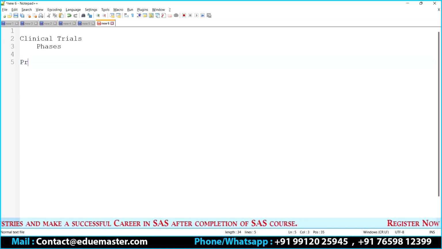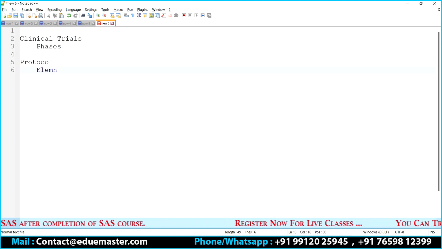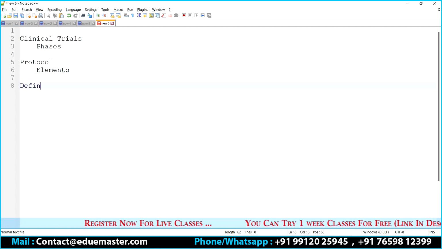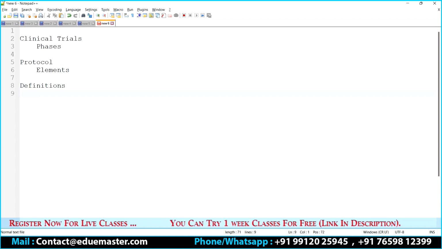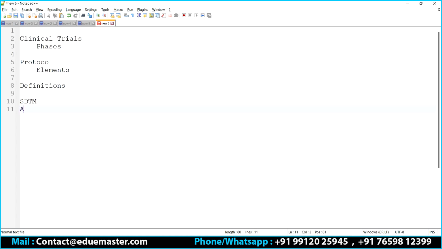As part of this, we started with the protocol document and we discussed the elements of that protocol. In addition, we also discussed a few of the definitions. Correct? On Monday, I informed that we are going to kickstart SDTM in the next class, that is today's class. So first we continue with SDTM, then we have ADaM, and finally we go with the tables, listings, and figures, which is nothing but the TLF. This is going to be the flow.